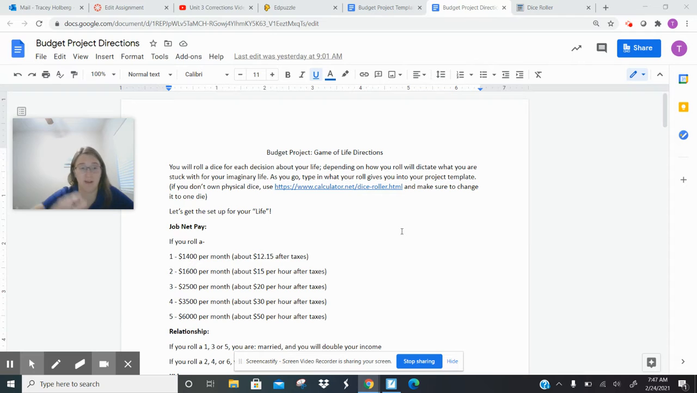If you've never played the game of life before, it's an actual board game where you have a little car with little people and you just roll and move around the board and life happens. You start off by going to school, you go to college, you get married, have kids, get a job. Da, da, da, da. So what you're going to do here is you're going to roll a dice for each